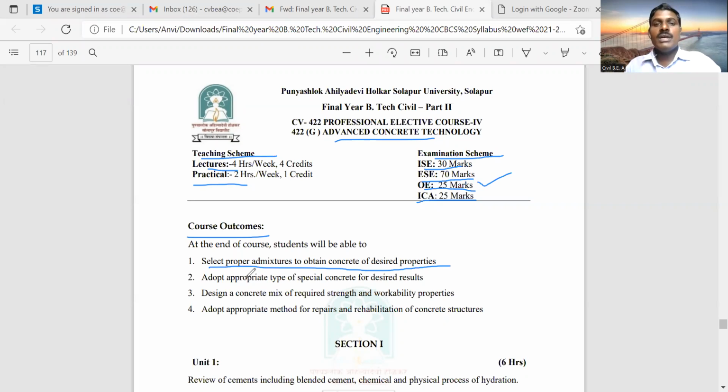It means we will know what types of admixtures there are, and which we have to add to the concrete while making it. That you will learn by the end of this subject. If you learn this subject, then at the end you will get this first outcome. The second outcome is